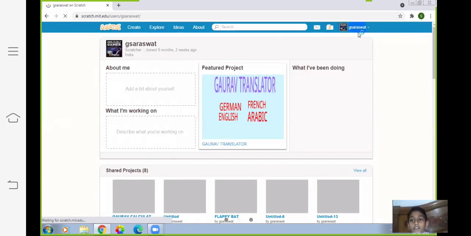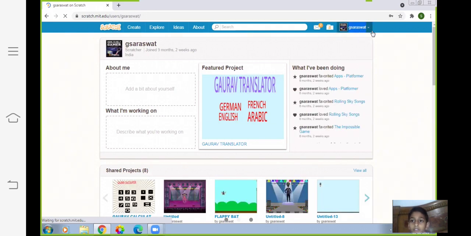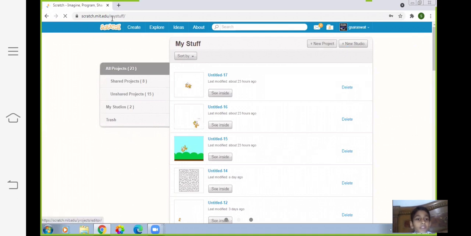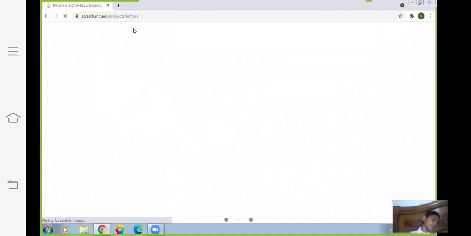Now we have to go on this, then click on My Stuff. Here we have to click on create. For you this page will be blank as you must not have created any app, but I have created some, so it is filled with projects.